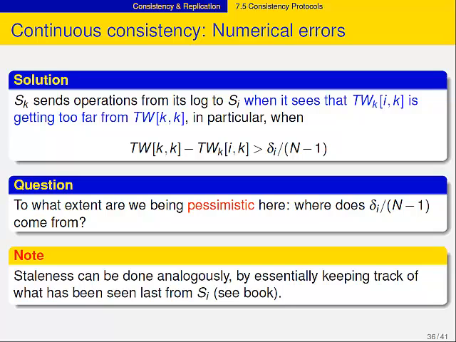Yes? In the formula, should it be the minimum value of delta I if we're working with delta I? Should it be the minimum value of delta I, if we were sticking to delta I for different servers? No, I don't think so. Because you're only interested in what your specification was. You were allowed to deviate no more than delta I. If I have a greater delta I... Okay, I think, yeah, you're right in the sense that it depends on what the specification was